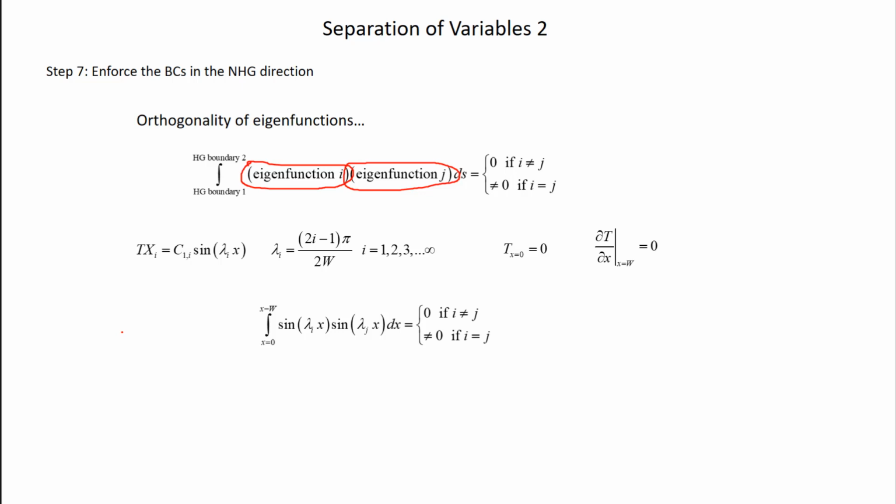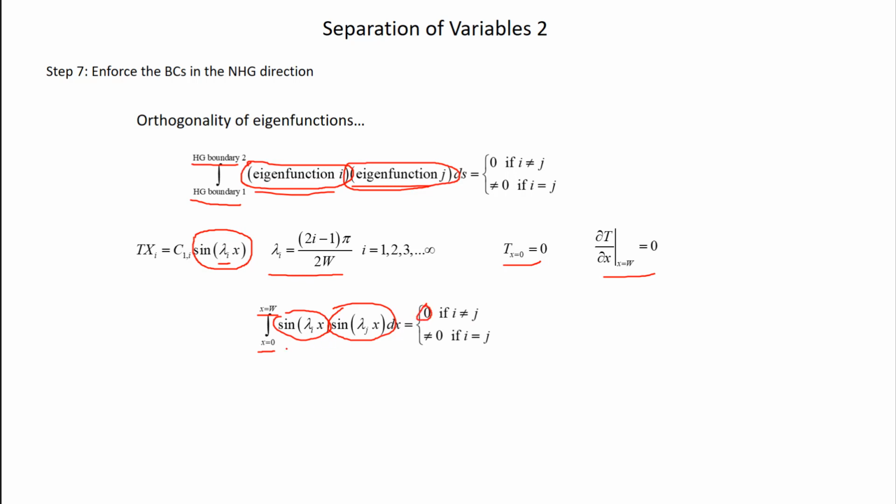So let's think about what this means specifically for this problem. For this problem, our eigenfunctions are these sine functions, where lambda i is given by this equation here. What this says is that if I integrate sine of lambda i times x, my ith eigenfunction, multiplied by sine of lambda j times x, my jth eigenfunction, and I integrate it from one homogeneous boundary to the other, so in this case from x equals 0 to x equals w, because that's where the other one is,